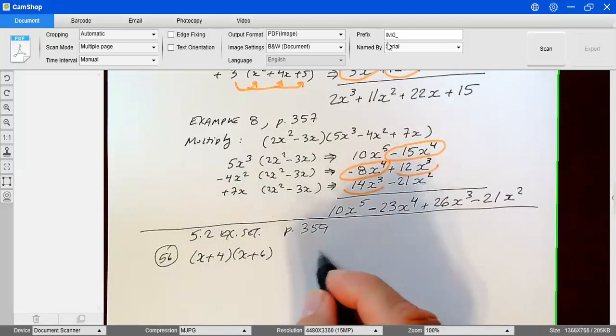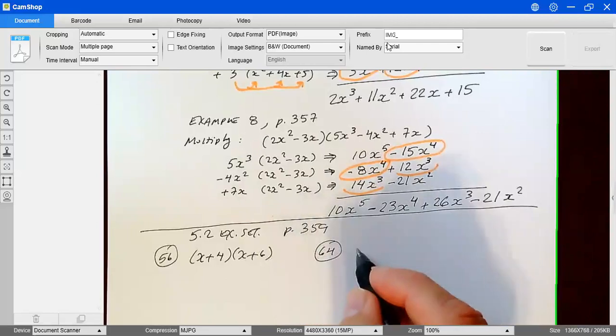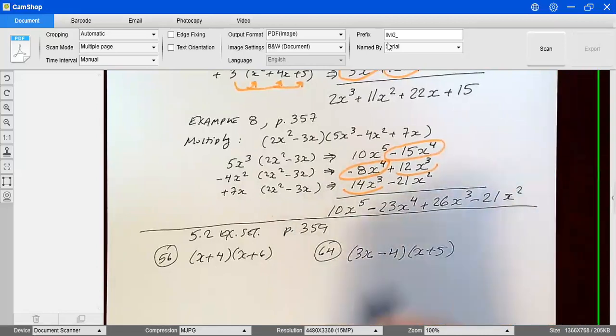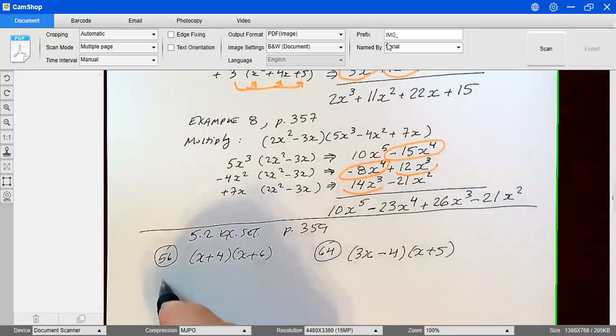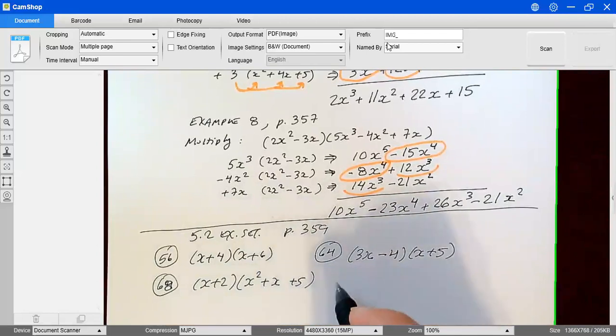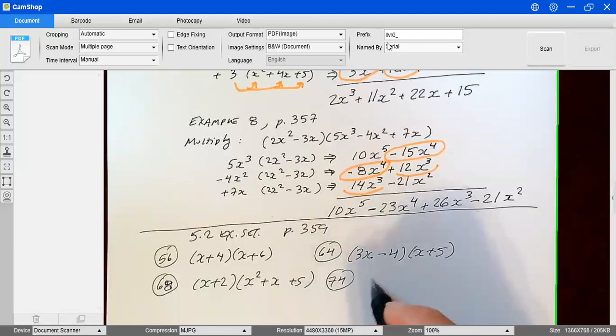Then problem 64 is 3x minus 4 multiplying x plus 5. So 68 is x plus 2 multiplying x squared plus x plus 5. Then we have 74 is x plus 1